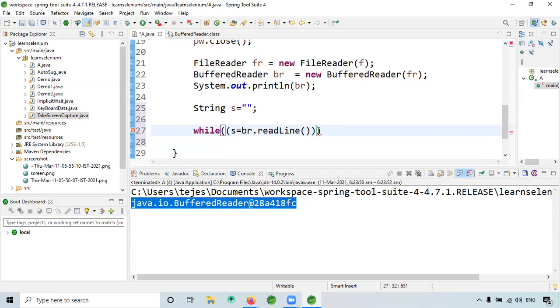If it is not equal to null, then you can print s.